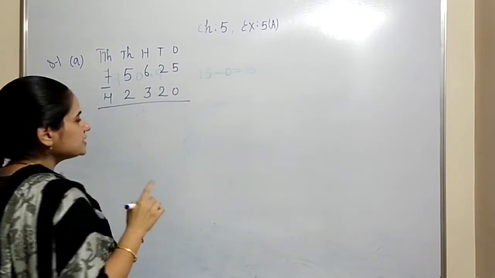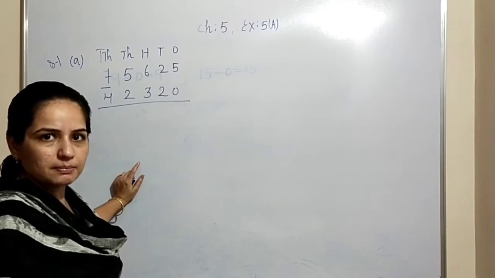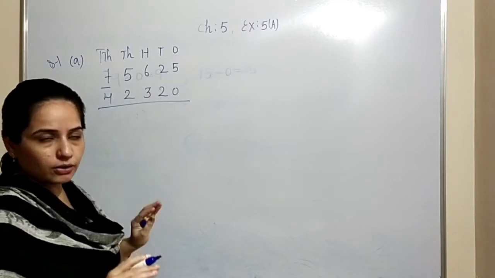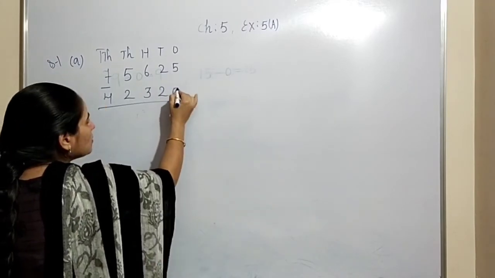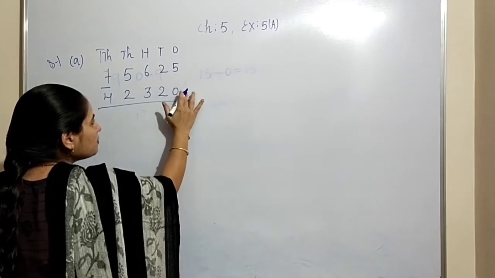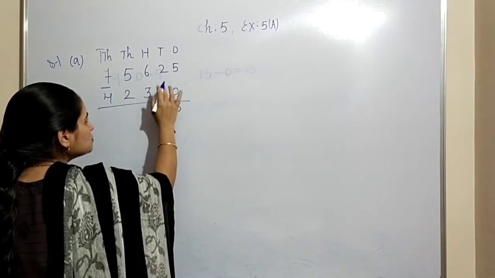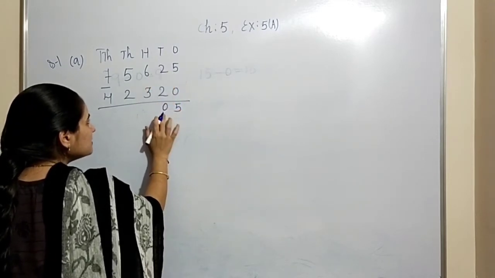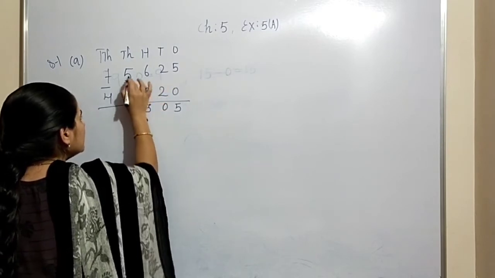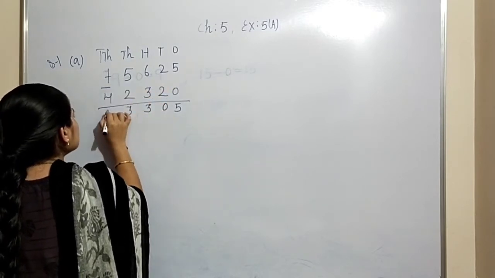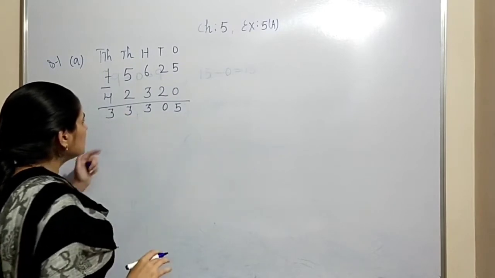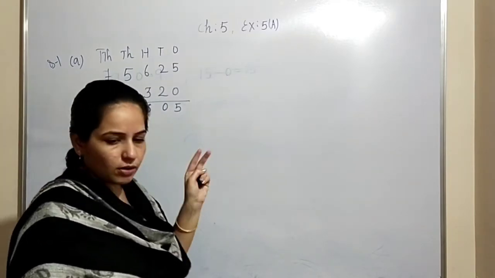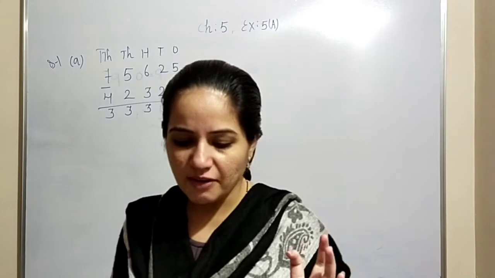As you already know, subtraction means to reduce the number by the given number. So 5 minus 0 will be 5. This is a property we had studied earlier. 2 minus 2, the same number subtracted from the number, will give us 0. 6 minus 3 will be 3. 5 minus 2 will be 3. 7 minus 4 will be 3. Here is the answer, 33,305.